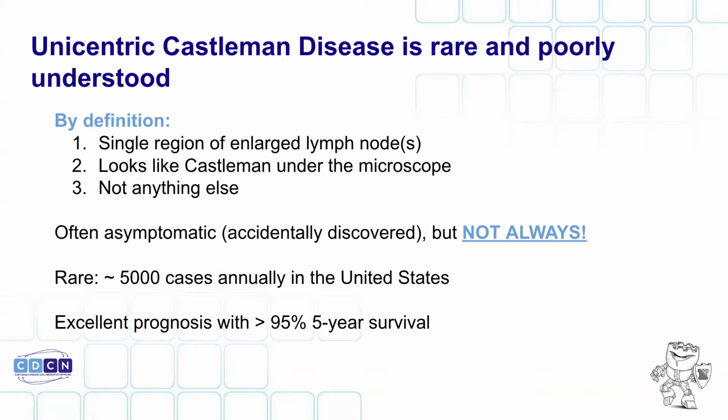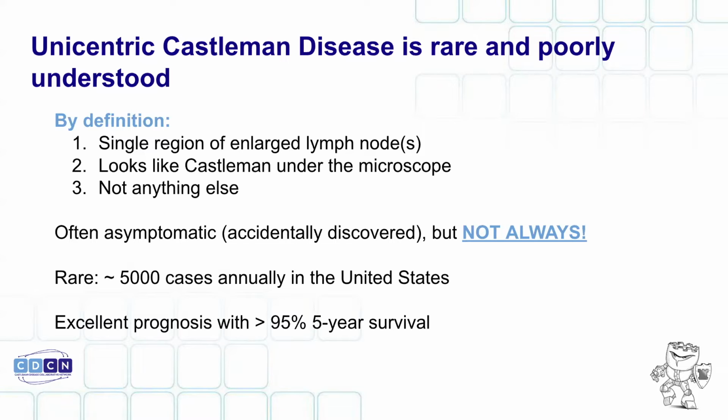If you've seen me in clinic, I say that even in 2024, we have a very simplistic understanding of Castleman disease. It is a big lymph node that looks a certain way under the microscope. That's the only thing that you can really say that's unifying for everyone with all different kinds of Castleman disease: a big lymph node that looks a certain way under the microscope. There are some very specific changes that in the science station they can talk to you about. But that's really the most unifying thing. Big lymph nodes that look a certain way under the microscope.